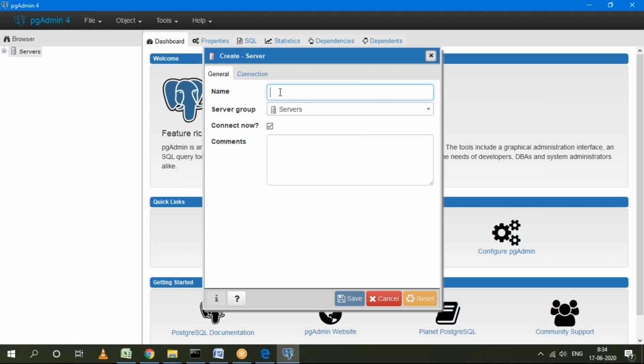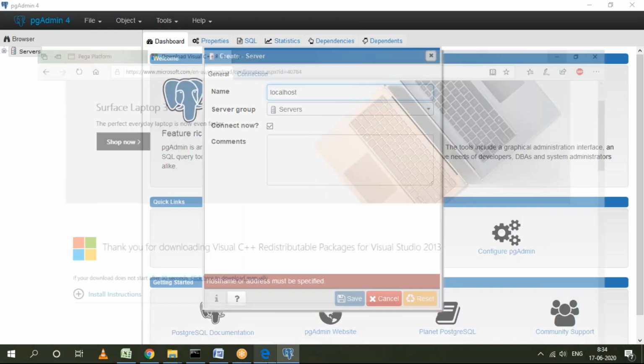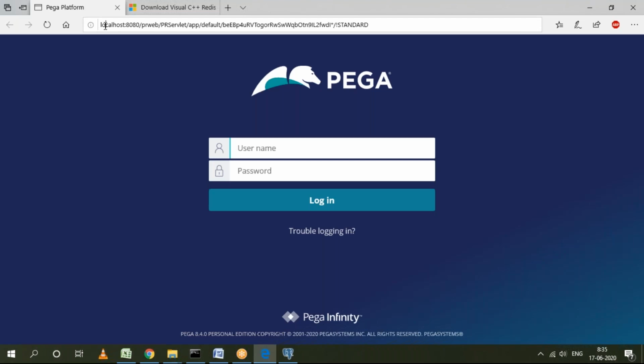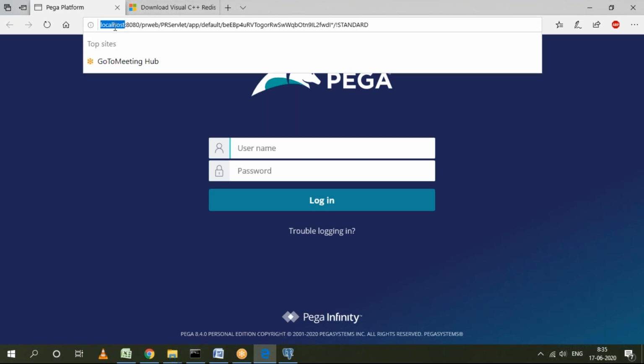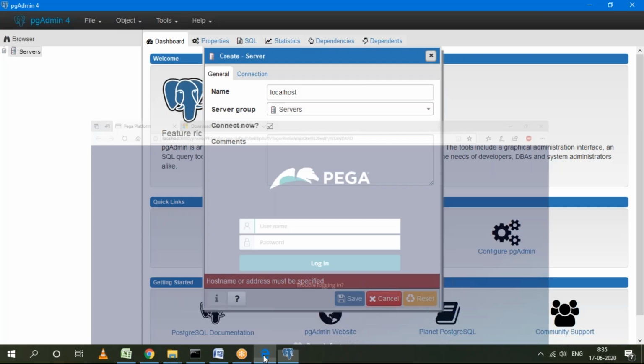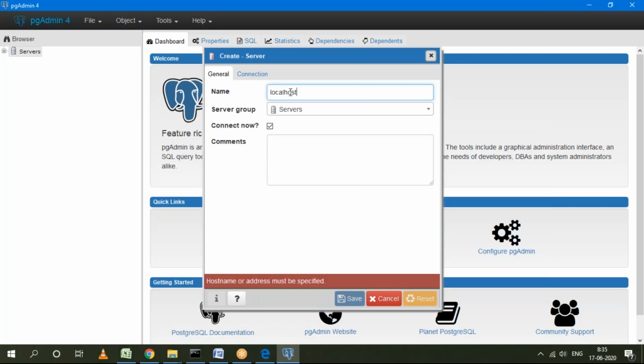Name must be compulsory localhost, because whenever the Pega configuration setup is done, to open the application we can open it based on the localhost setup only. So here localhost is the connection type or connection name. So here the connection name we have to give localhost. Again, we have to go to the connection tab,